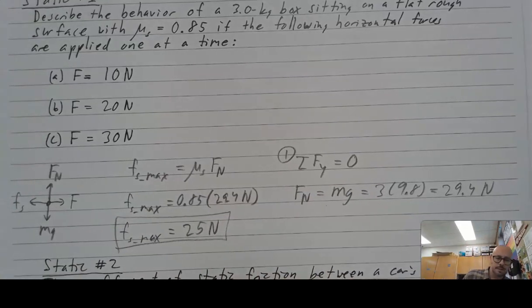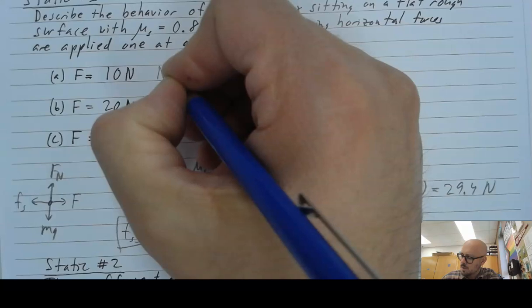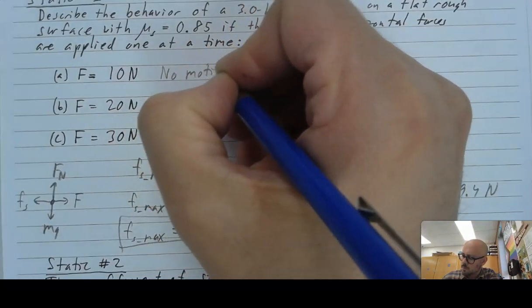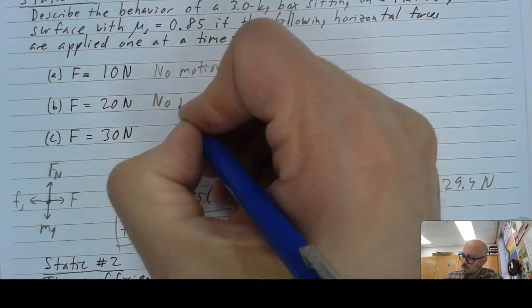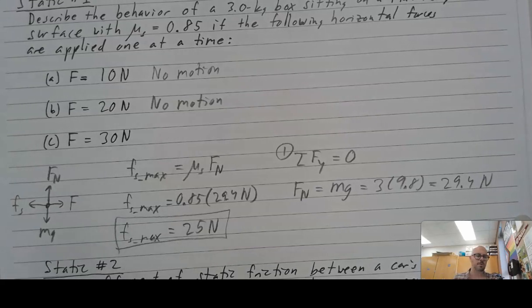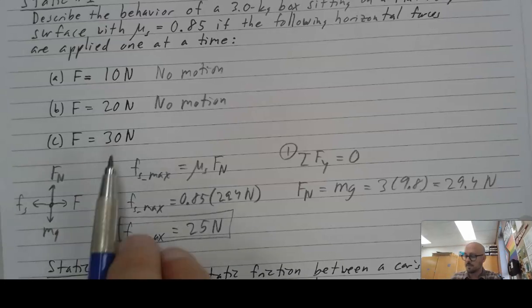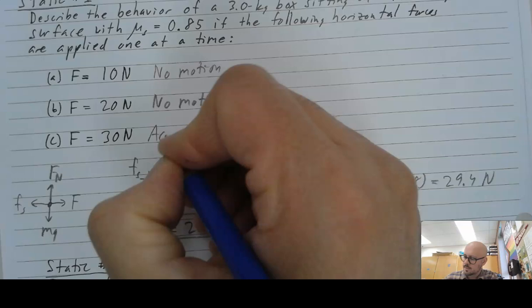Okay. And that's all I need to know. Any applied force under 25 newtons and nothing will happen. So for an applied force of 10 newtons, there is no motion or no change in motion. For an applied force of 20 newtons, there is no motion because those applied forces are not strong enough to overcome static friction. However, an applied force of 30 newtons does create a net force, and you do get acceleration